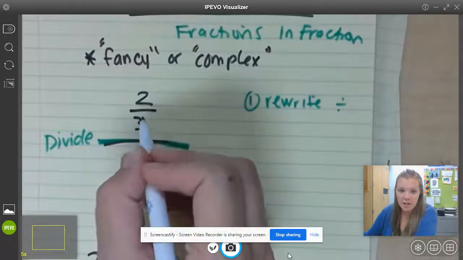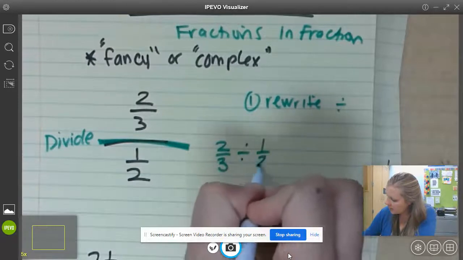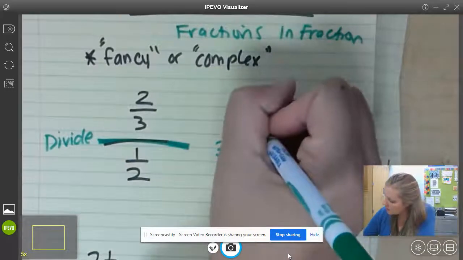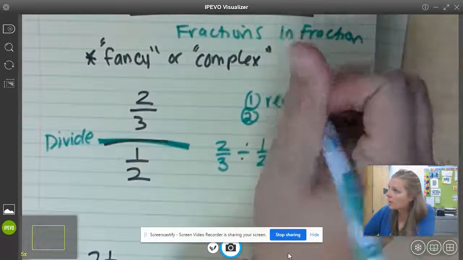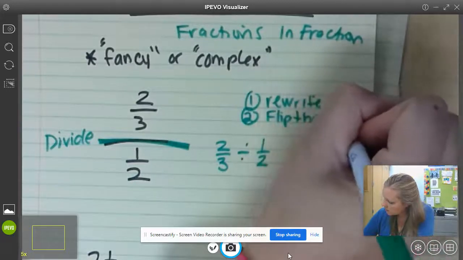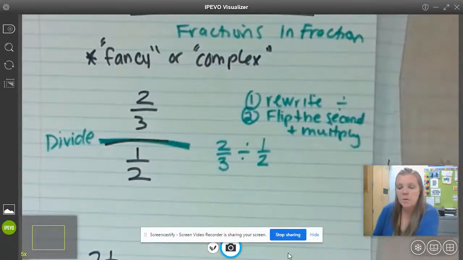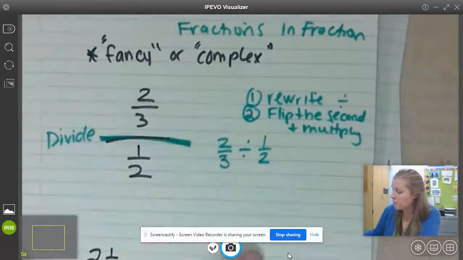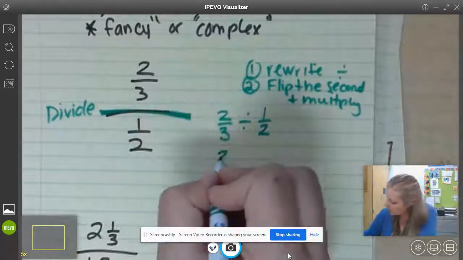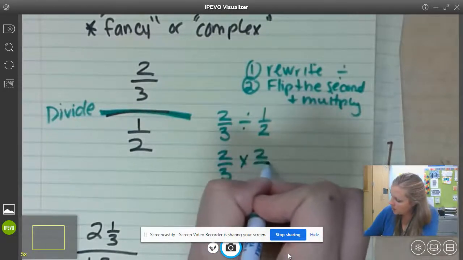So the fraction on top is going to go first. 2/3 divided by 1/2. Step number 1, we just copied it down. Step number 2, we're going to flip the second and multiply. If you remember, that's how you divide fractions. You flip the second and multiply, or you multiply by the reciprocal. So we're going to keep the 2/3 the same. We're going to change it to multiplication, and we're going to flip